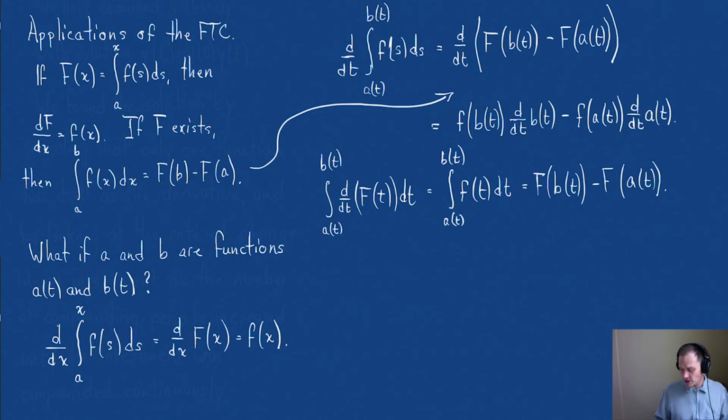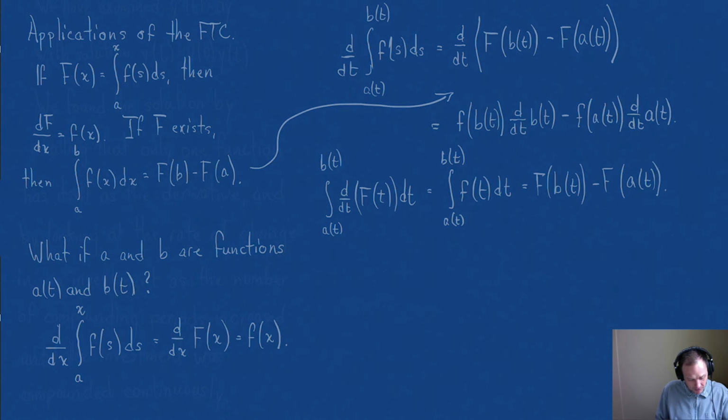So just to show you how this works, I've set up a little example here for us. We'll take a look at an example and see how that works. What if I take the derivative, I have this worked out, the derivative with respect to x. This is a kind of silly example, but it's just so we can see what happens. What if we take the integral from 2x to the sine of x